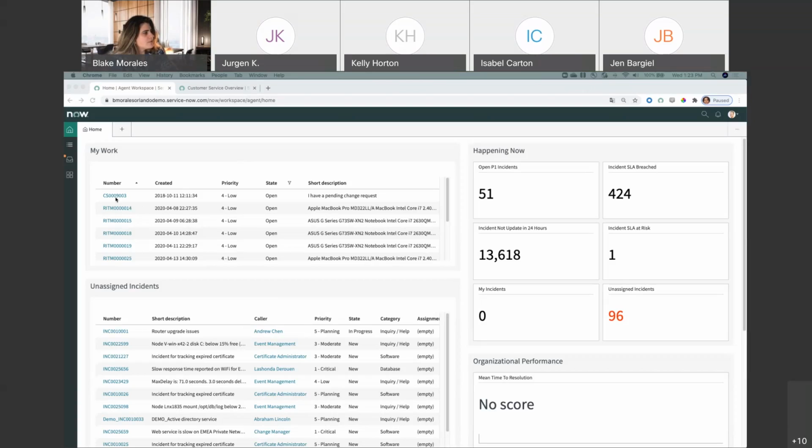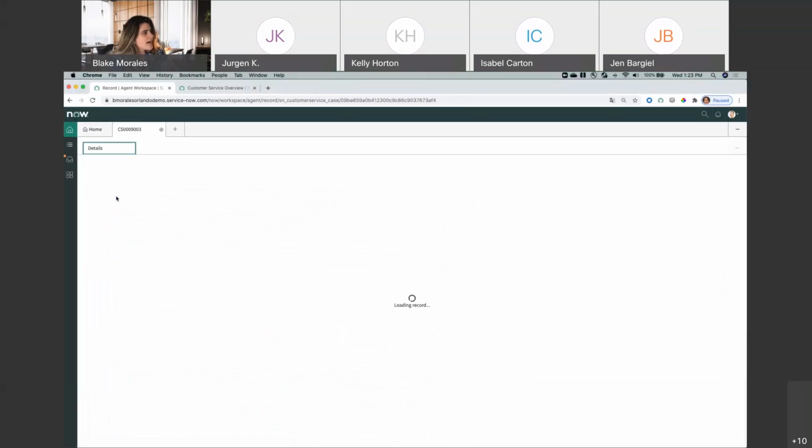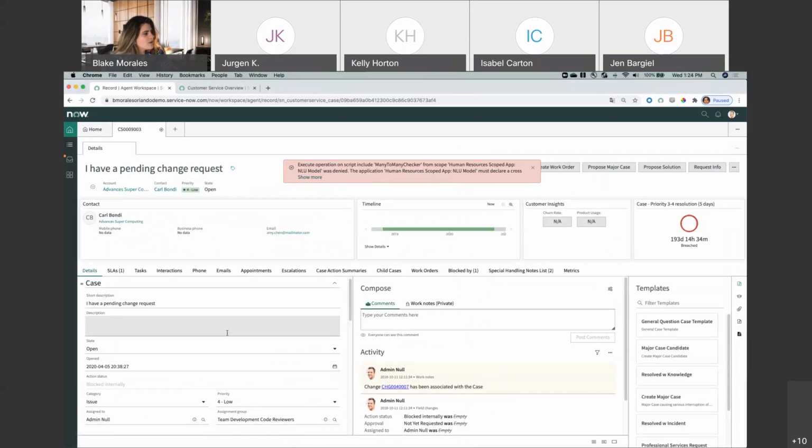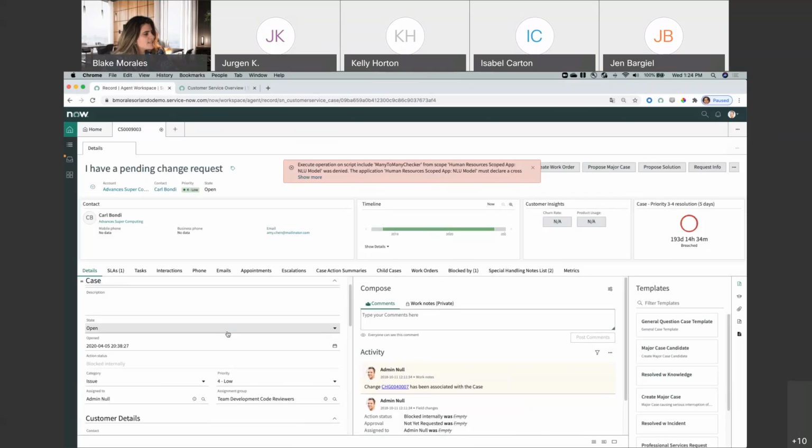The first example is a case number that has been submitted. This IT technician has assigned himself to the ticket. You'll be able to see right at the top corner what this ticket is in association to the case. So I have a pending change request. This ticket has been submitted by Carl Bondi. You're able to get her email information as well as any details with regards to this case that has been